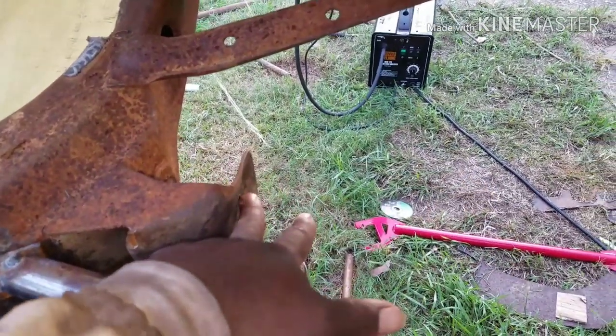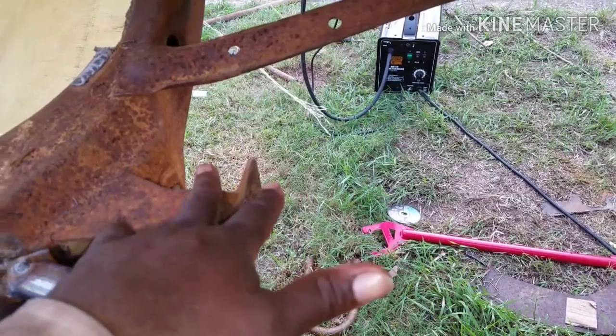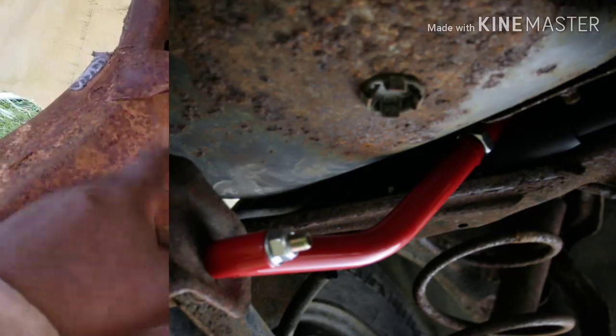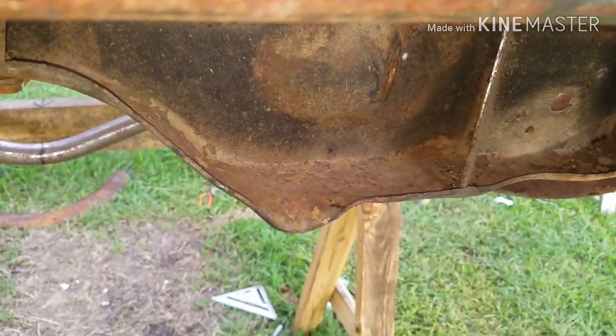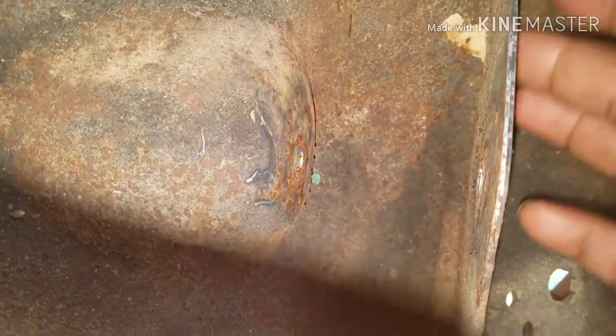But UMI sells a G-body bracing for tying the lower control arm and upper control arm in the rear. Hold on, YouTube. Okay. Another thing you could do, if you want to weld, I cut out a template